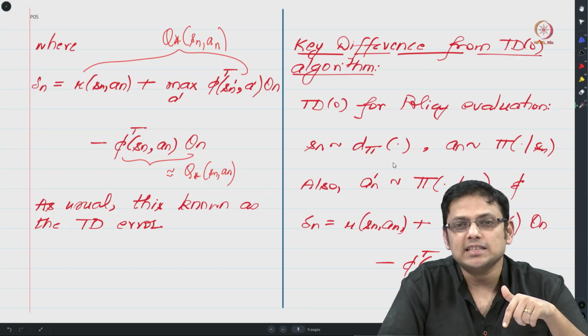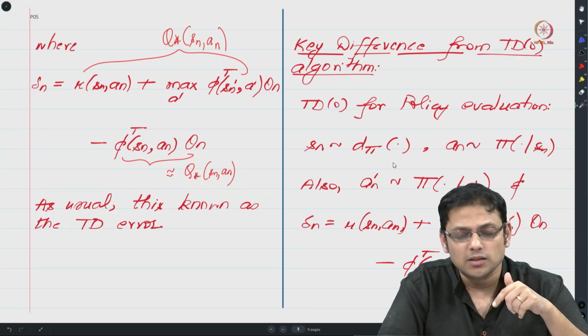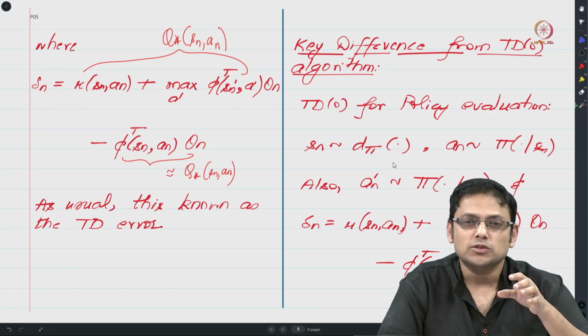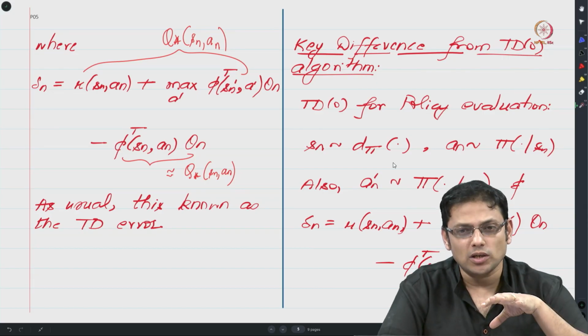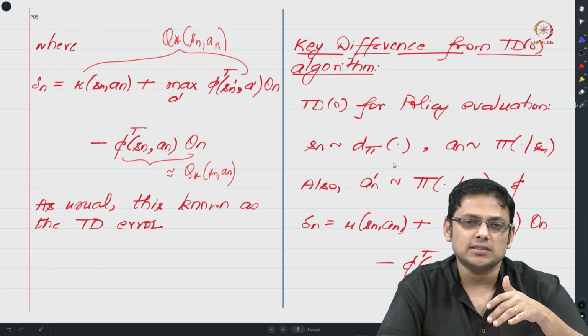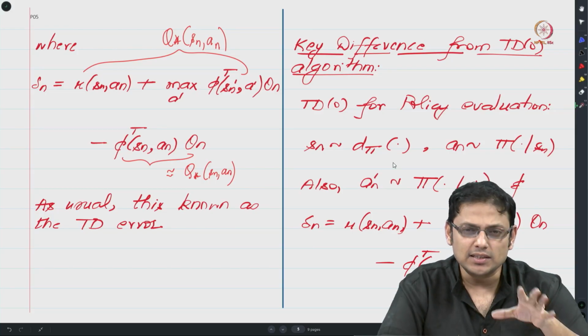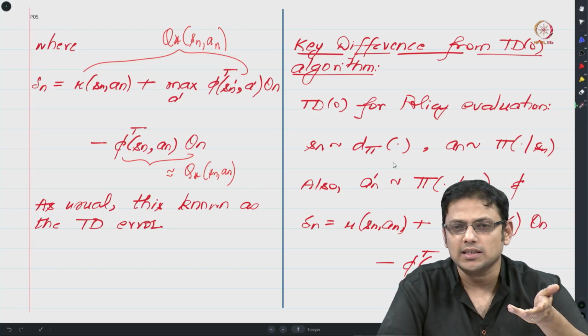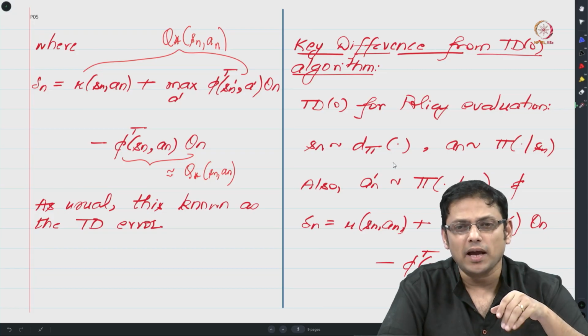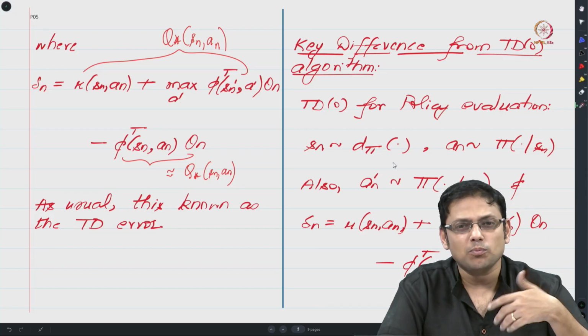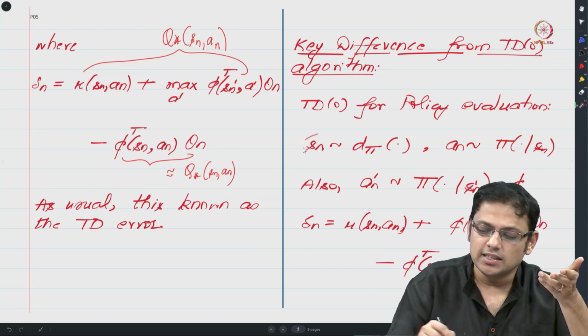So, the policy that we want to evaluate is the behavior policy, the policy with which we will interact with the environment. In the policy evaluation case this makes sense because somebody has given us a policy or a strategy and they are asking us how good that strategy is. That is the policy evaluation problem, and what that means is that we know this policy pi, and since we know this policy pi we can interact with the environment with policy pi itself, and hence this statement makes